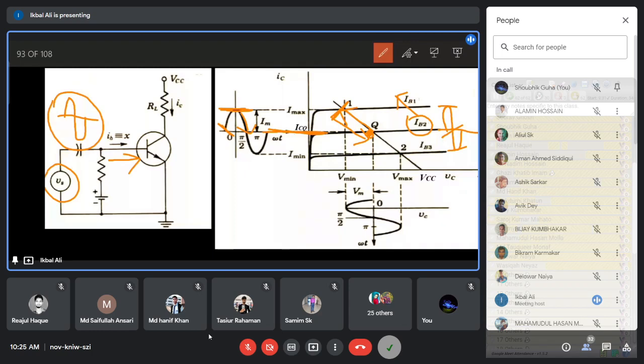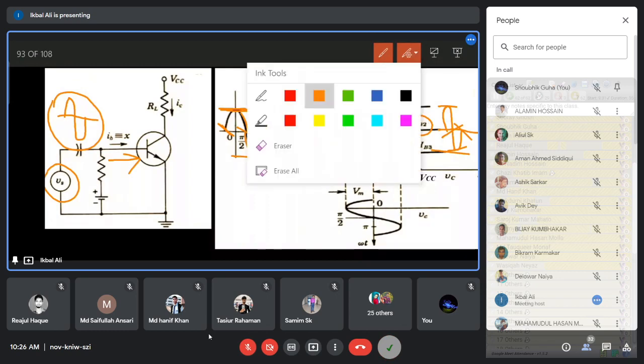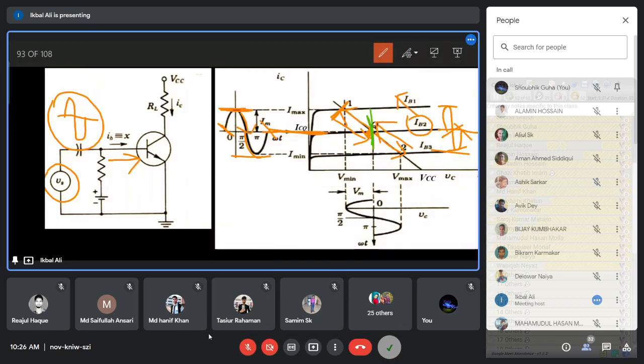Again, the base current for the negative half cycle goes to IB3, which is position point 2. Then the collector current actually goes to the minimum value because the base current is also going to the minimum value. Then again it becomes 0 whenever the base current becomes 0, and the Q point goes back to its original position. So in this way, the DC quiescent point will always be fixed at this position if you don't apply any AC signal.